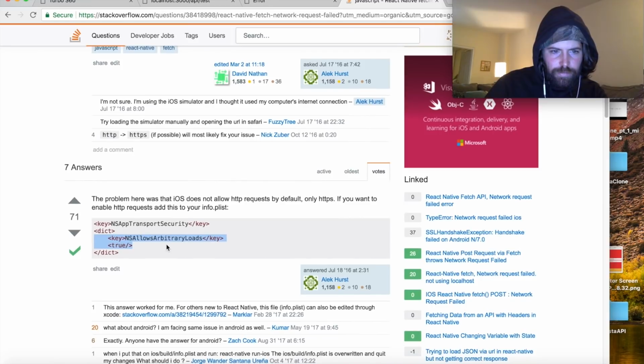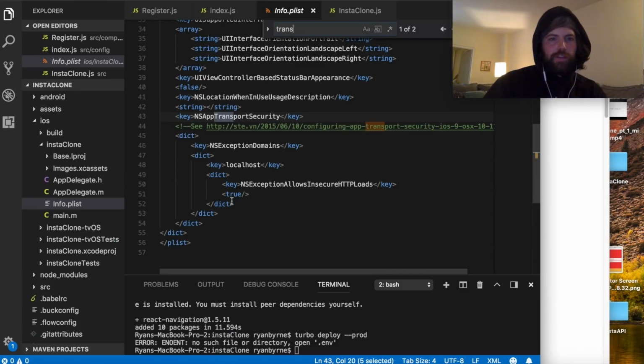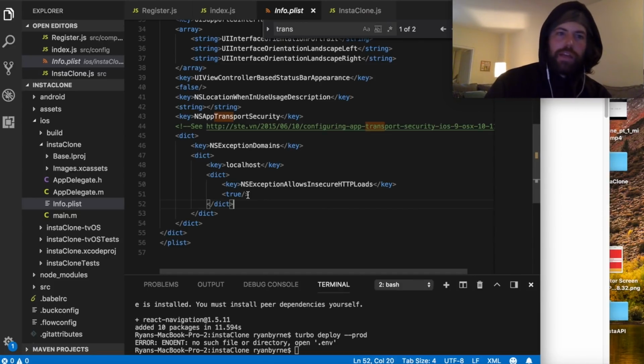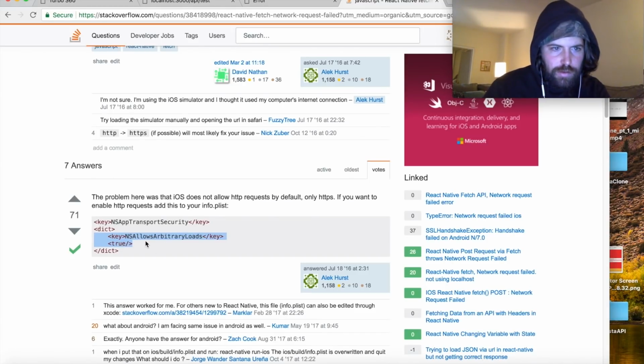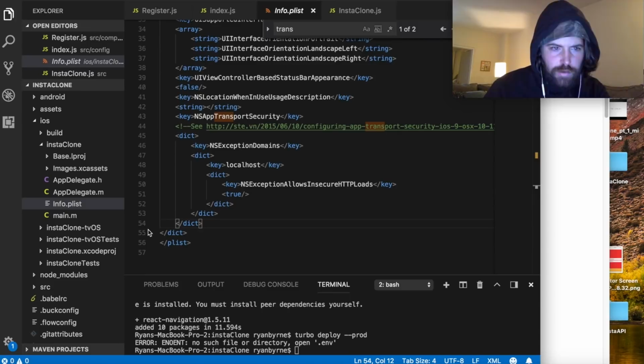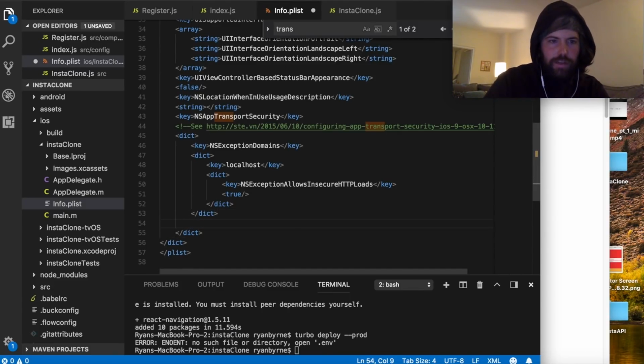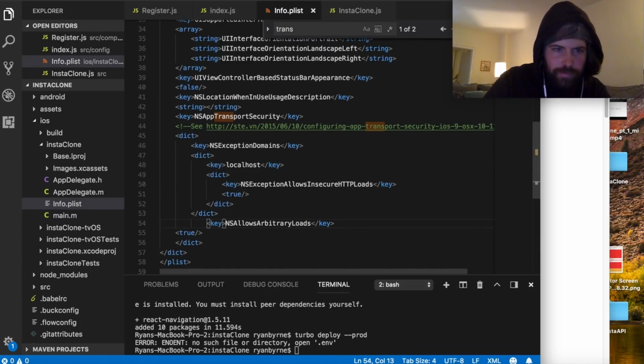Oh, people are saying they're having the issue on Android too, so I stand corrected. But run it from localhost, get a domain. You should be using HTTPS anyway. I'm using this workaround for now. Transport NS exception domains key. Okay. So right here, let's try this. Key true. All right, I'm going to give that a try,